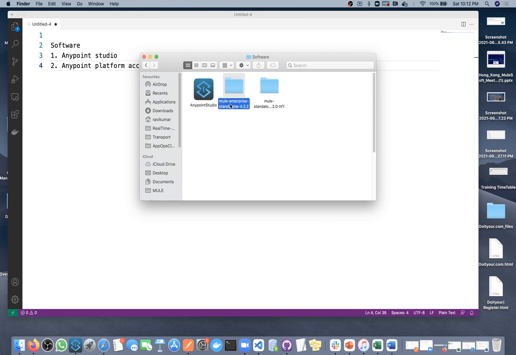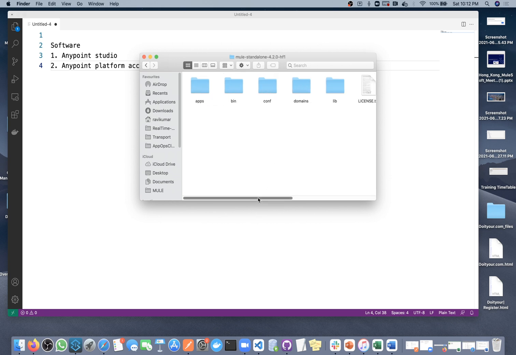So here you can see Mule Enterprise Standalone 4.2.2. This is your Mule server for on-premise version. Okay, and this one is yours. Okay, 1 minute. This one.